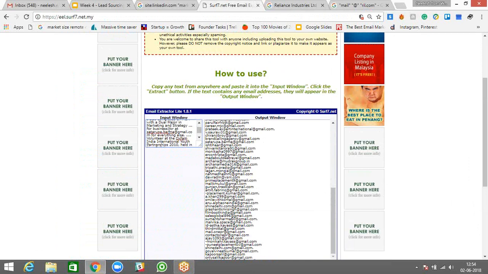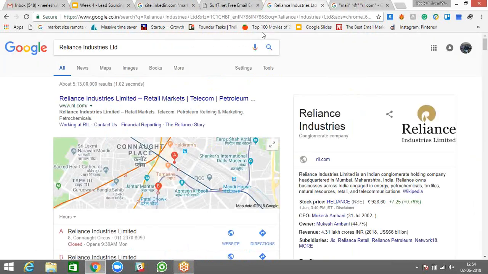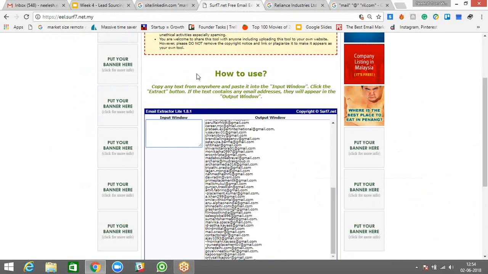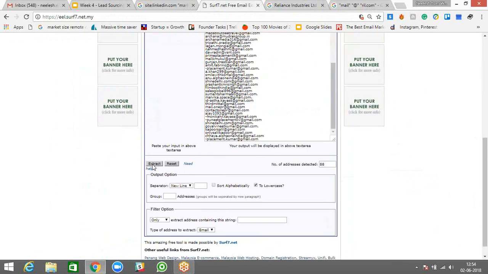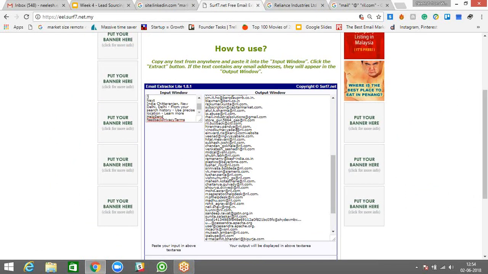In the input window, you paste your search result. So this search result, you copy it and paste it in Surf 7. Okay, and then you hit extract, and then you see emails popping up.